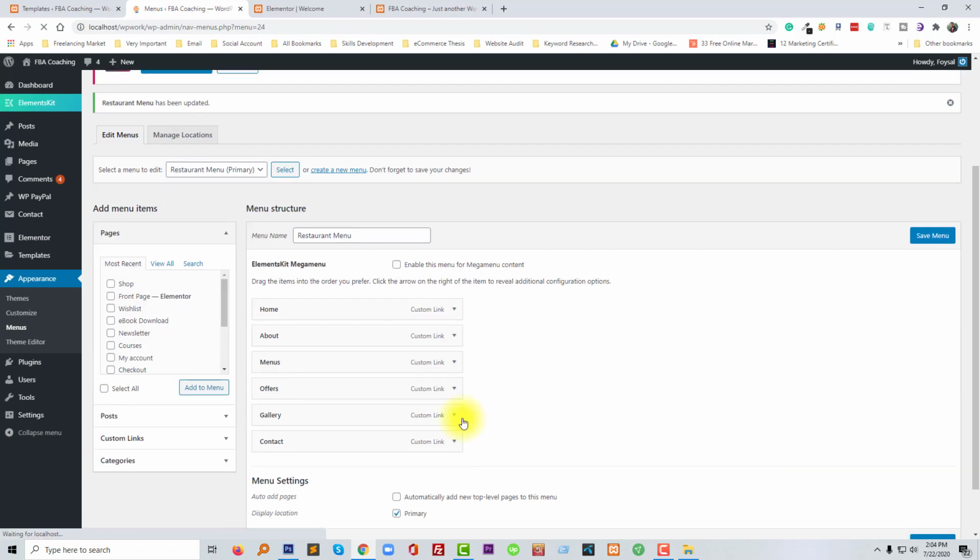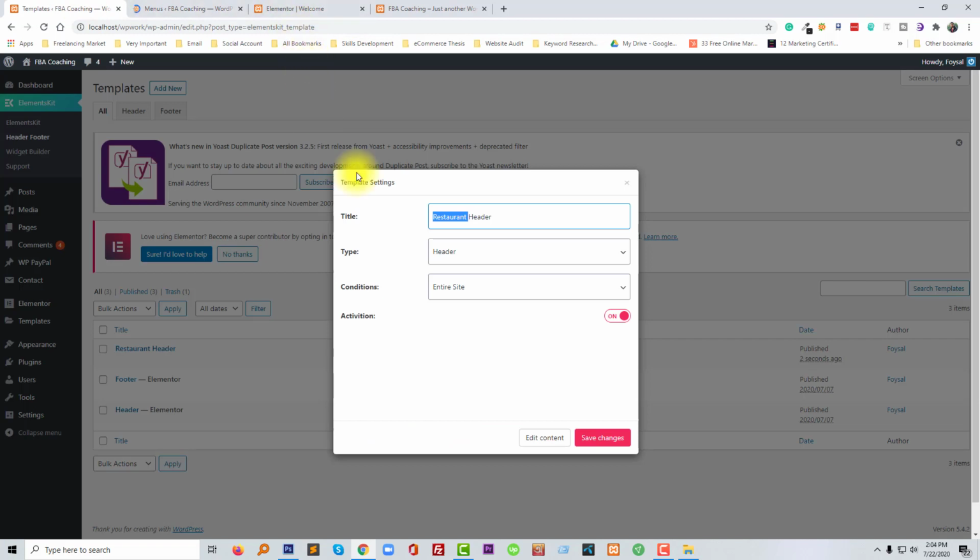So we have created our menu. Now we can easily edit our header or design our header as our requirement. So going to click on the edit header,